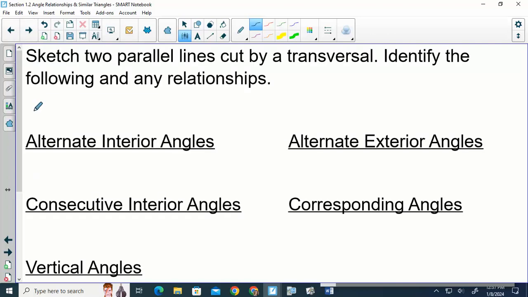This first bit, if you had geometry, you spent a ton of time doing this, so it's probably review. If you didn't have geometry, it's probably going to be totally new, but it is not going to be a huge emphasis for us. It's some things that can be used to make problems easier when we encounter them, but rarely would you have a problem where you would have to rely on this to solve it. So it would just give you some shortcuts at some point, but not really be key to solving the problem. So if I have two parallel lines,